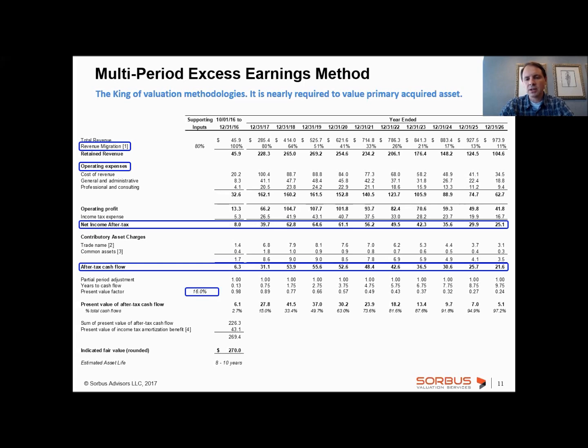The second one is the market approach, where you're essentially saying, well, you have X number of dollars in revenue, so the multiple would be Y, and so we just do the simple multiplication to get to the value of that asset. And the third one is the cost approach, where we're saying something is worth as much as it costs to develop it, because we can always build it ourselves.